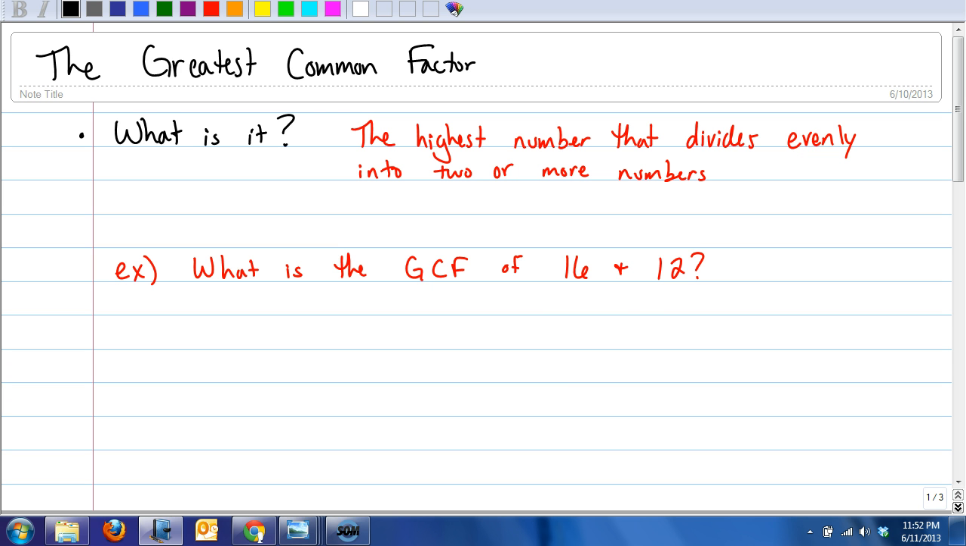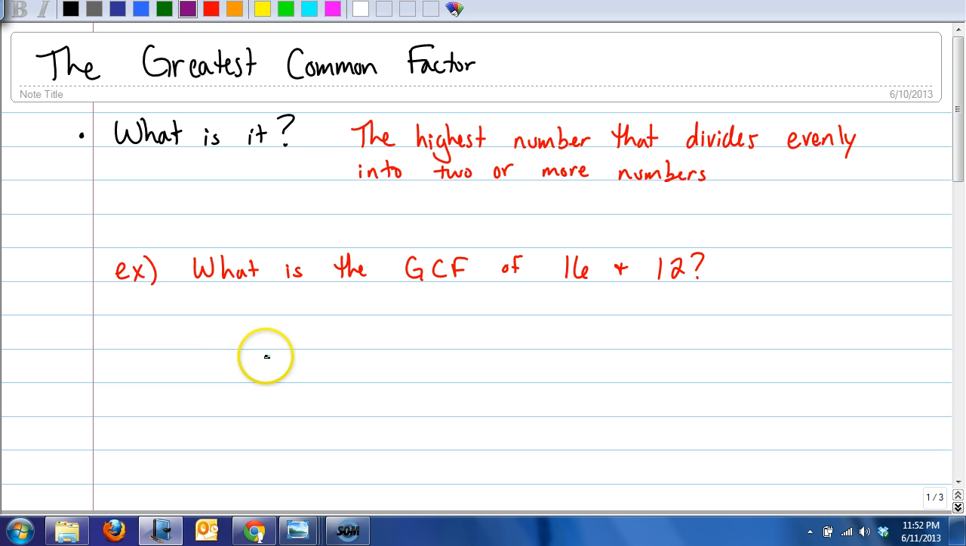What is it? Well, the technical definition of a greatest common factor is it's the highest number that divides evenly into two or more numbers. For example, if we're asked to find the greatest common factor, by the way, greatest common factor is usually abbreviated GCF, which you can see is pretty obvious why that would be. But if we're asked to find the GCF, or the greatest common factor of 16 and 12,